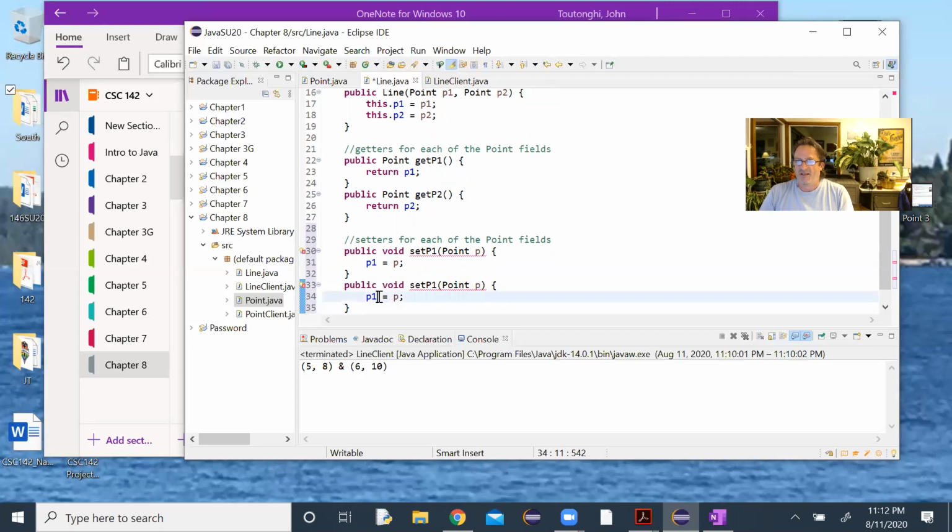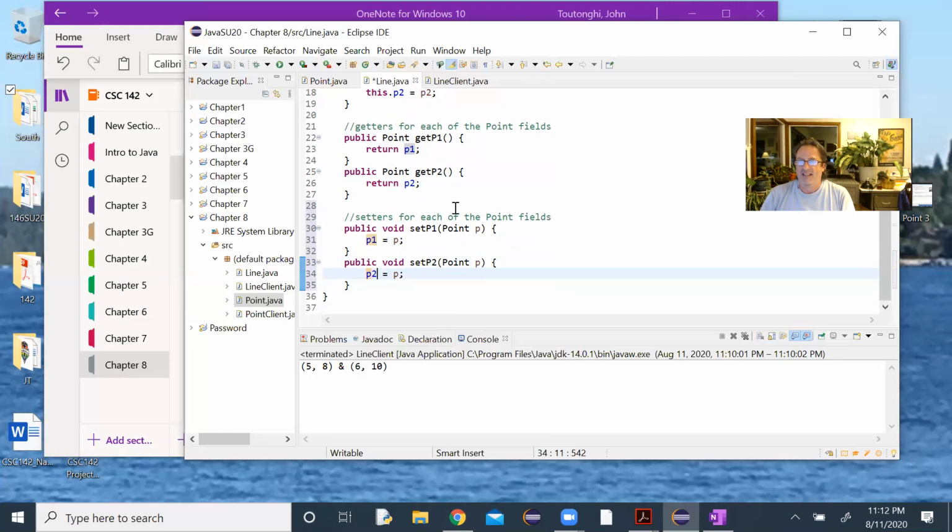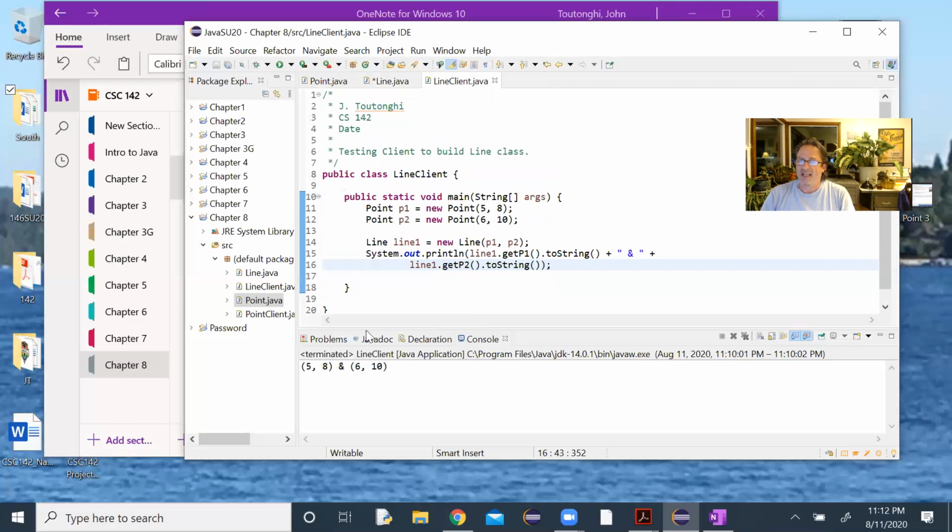So here we're going to do set P2. It's a point, and we're going to say P2 equals P. And I think I'll probably have to check this in the next video, but let's jump back to the client. I feel like this is time to end this video, but we'll jump back to the client and we'll do,